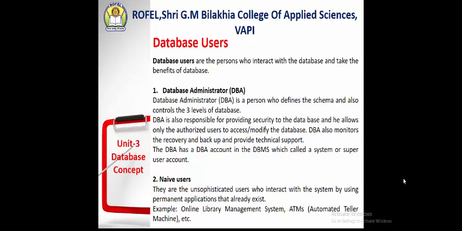DBA is a database administrator and he is the one person who can define the schemas and overall design of your database. It provides some security and it provides some facility to access and modify the database. Then naive users. Naive users are known as unsophisticated users who can interact with the system by using some permanent